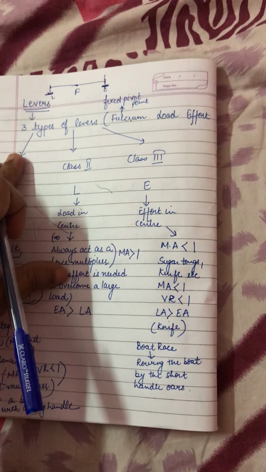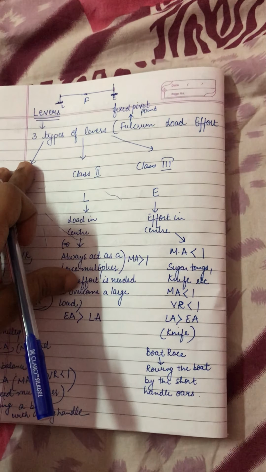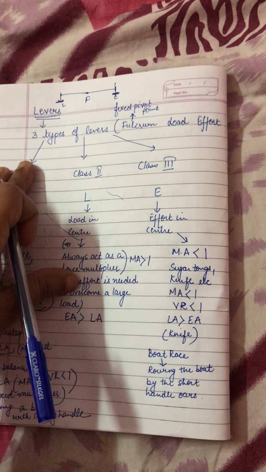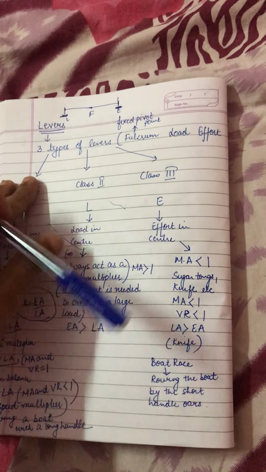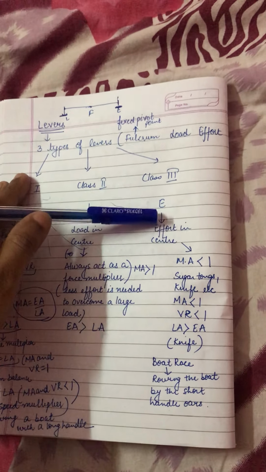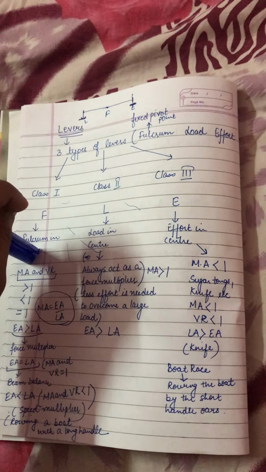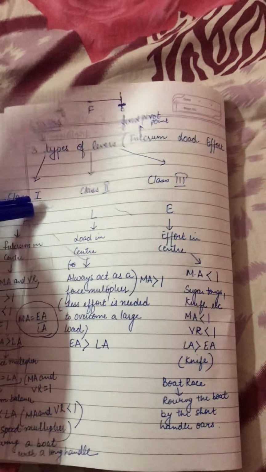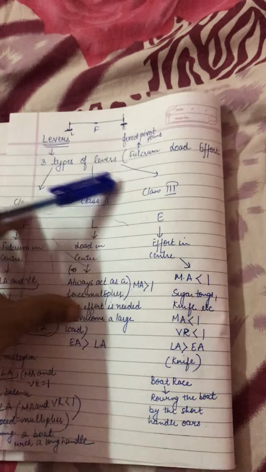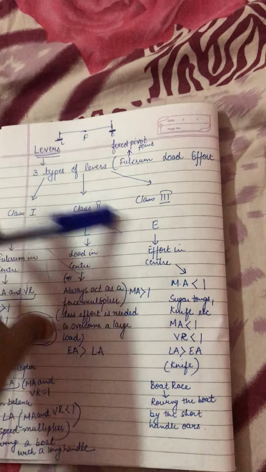Suppose you are having a boat race. I hope you can see in a boat race all are having small oars, because here we need a speed multiplier. Force multiplier, speed multiplier. It can be force multiplier, it can be speed multiplier. So the way to remember it is FLE: F for class 1 lever, L for class 2 lever, E for class 3 lever.